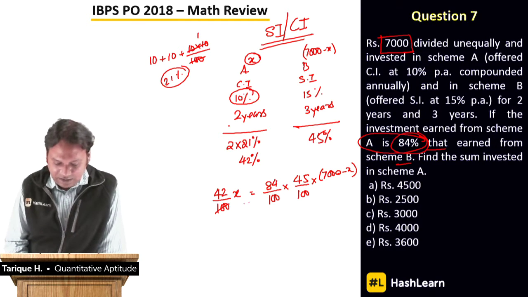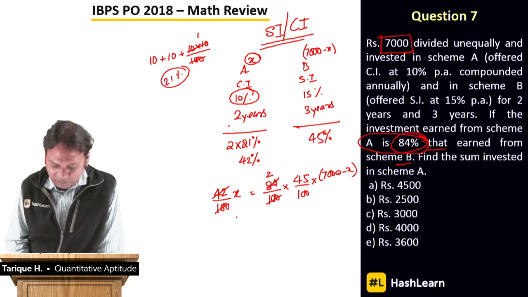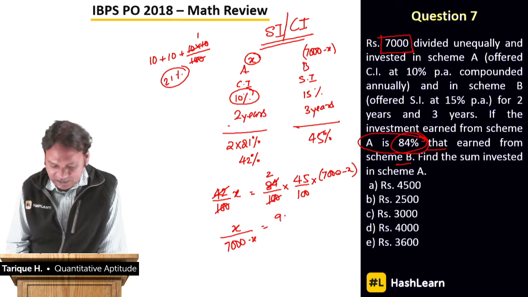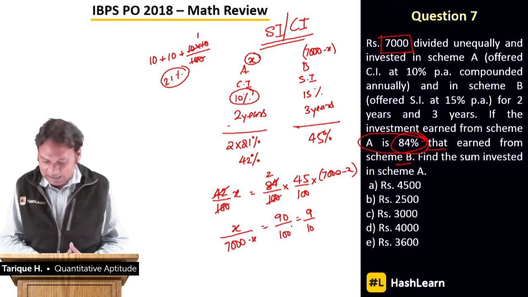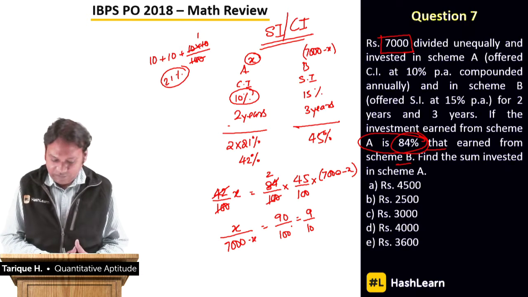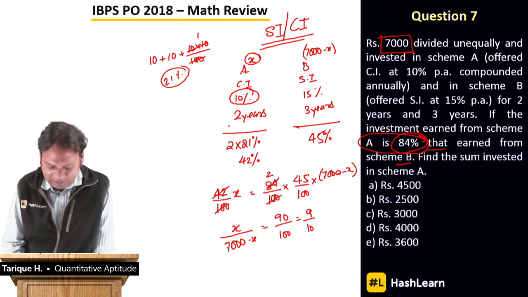So if you cancel, this 100 will get cancelled, and 42 will cancel 84 two times. So what basically we will get here is X by 7,000 minus X should be equal to 2 into 45, that is 90 by 100, which means the ratio 9 by 10. That means the value that I should take for X is such that X and 7,000 minus X give me the ratio of 9 by 10. Okay, so if you check the values, possible values would be,